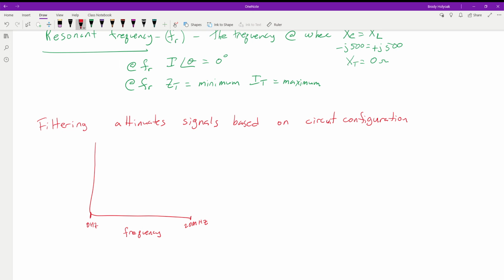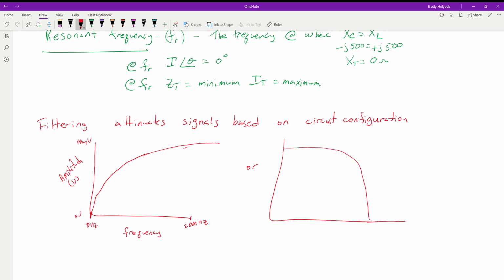Anyway, we have our frequency, and then we have our amplitude on this side, and most of the time we're measuring this in volts. So we have from 0 volts to whatever our max voltage is, for example. Now, one of the things we need to look at is that we'll have a curve that's going to go like this based on what type of filter we have. It's going to look like that, or it could look like this.